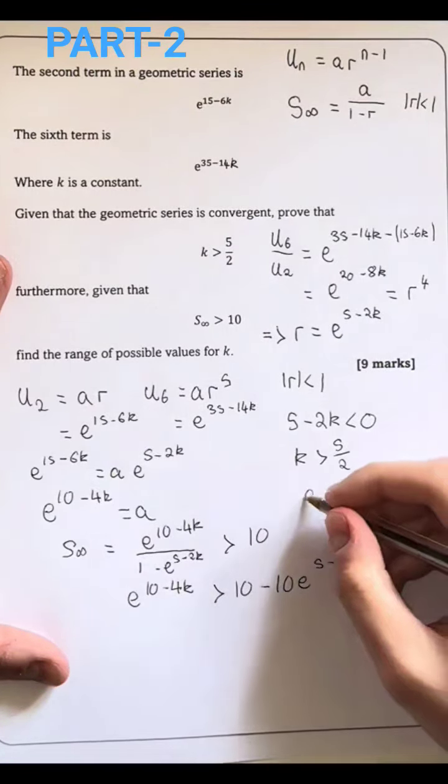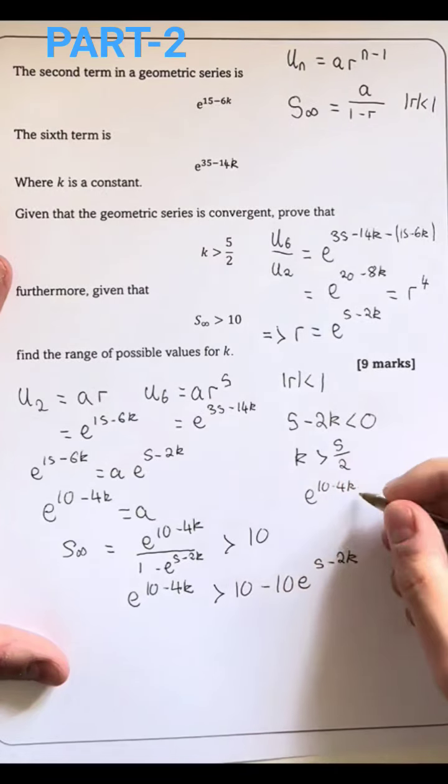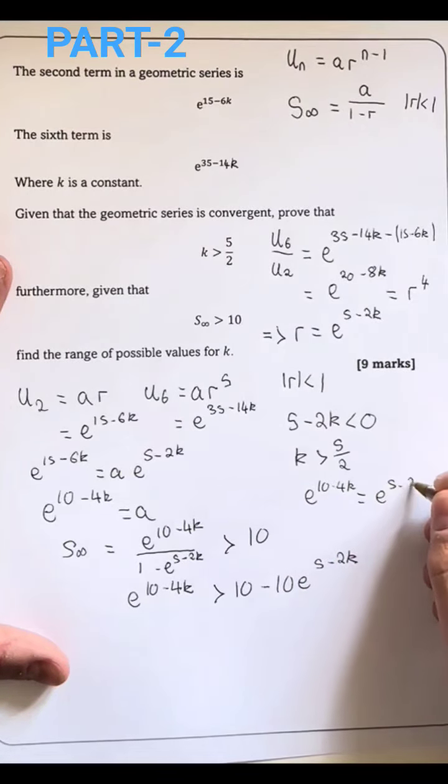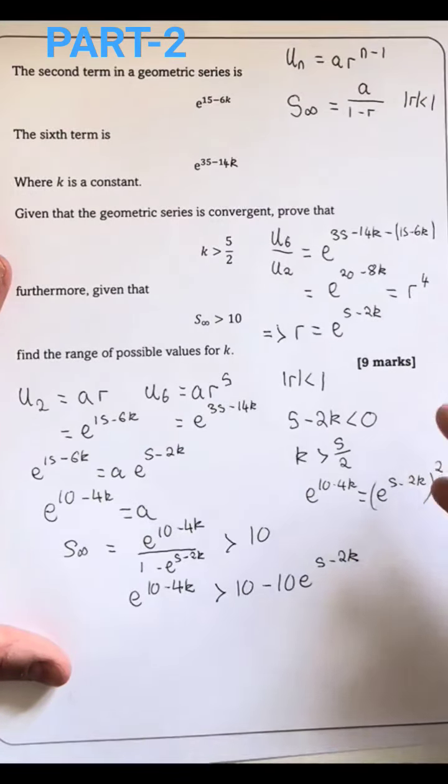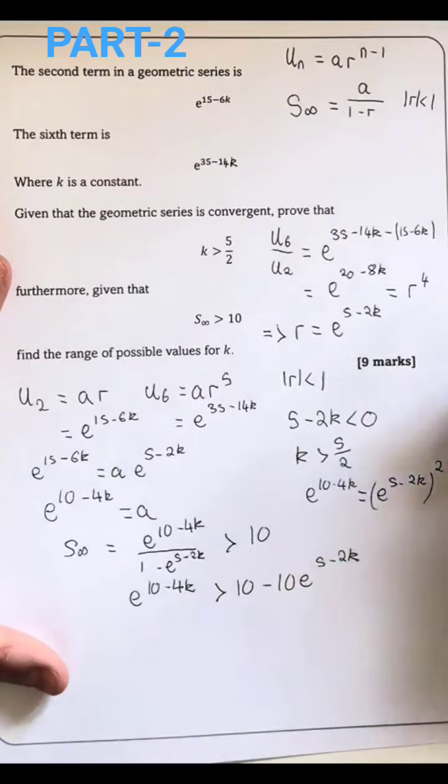What I mean by this is if you look here, we have e to the 10 minus 4k. This is just equal to e to the 5 minus 2k all squared, because when I use my laws of indices, I can just multiply this power of 2 in. And what that means is that we're dealing with one of these hidden quadratics where we can make that substitution, say y is equal to e to the 5 minus 2k, and then this is actually going to become a